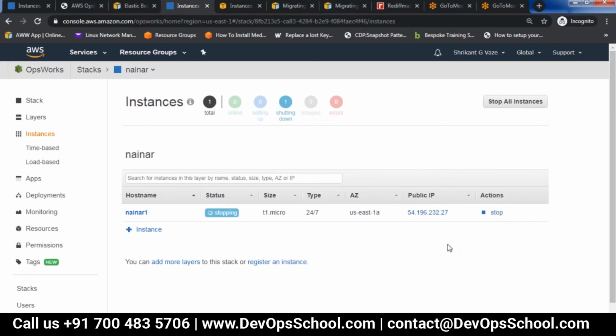The instance is also stopping. Once it is stopped, after stopping, you can delete it. Then go to layers and delete layers and then finally the stack. It will take some time to stop. After that, you will be able to. Okay.